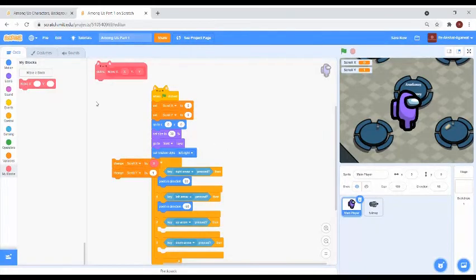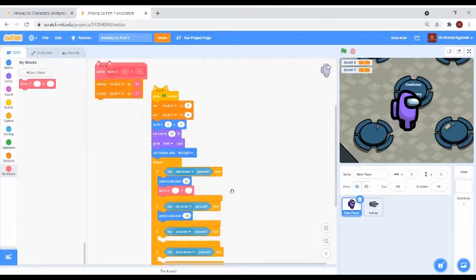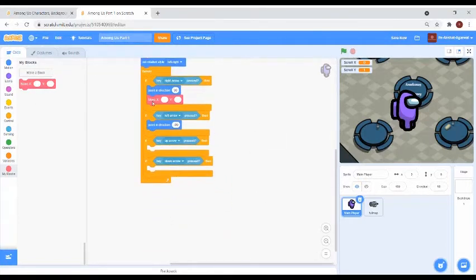Okay, so let's do it again. Change scroll x by x and change scroll y by y. Now we are going to use this block and our right arrow, left arrow, up arrow and down arrow.